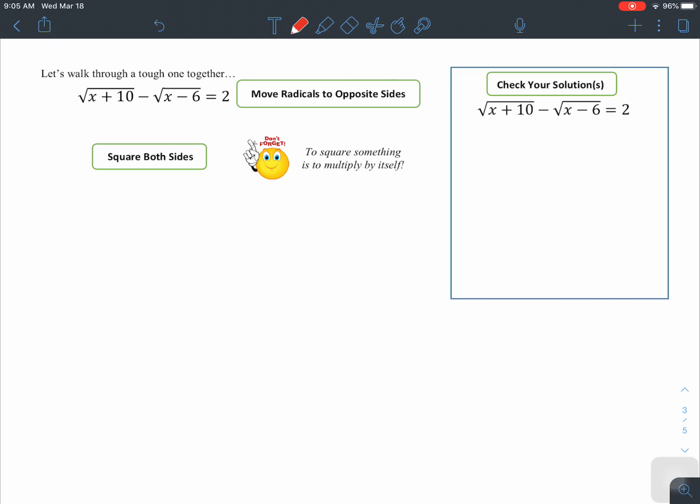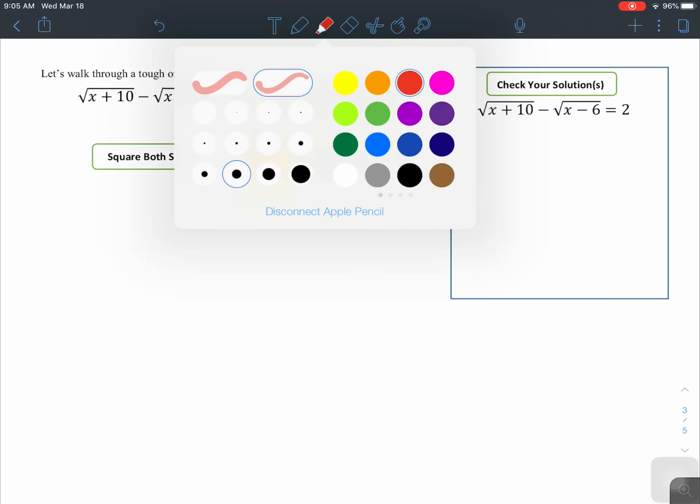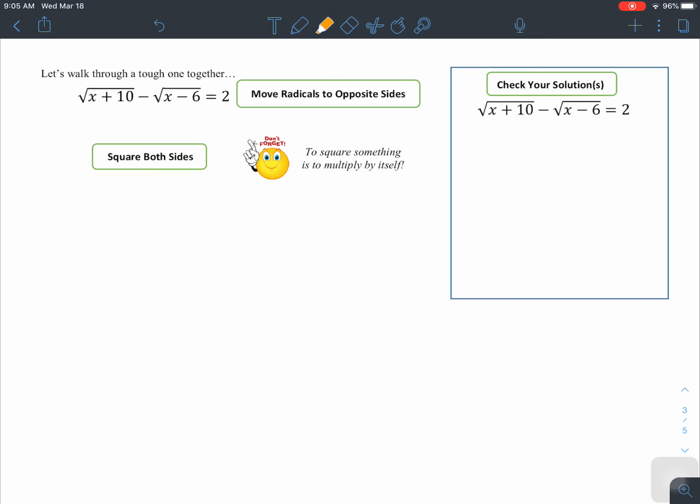So let's try this one. Now this one's a little more complicated. The radicals are on both sides, so we need to make sure we move the radicals to opposite sides. So I'm going to choose this one because it's positive. And I say positive because it has a positive coefficient out there. It's just 1. I don't like that negative there, so I'm going to move that radical